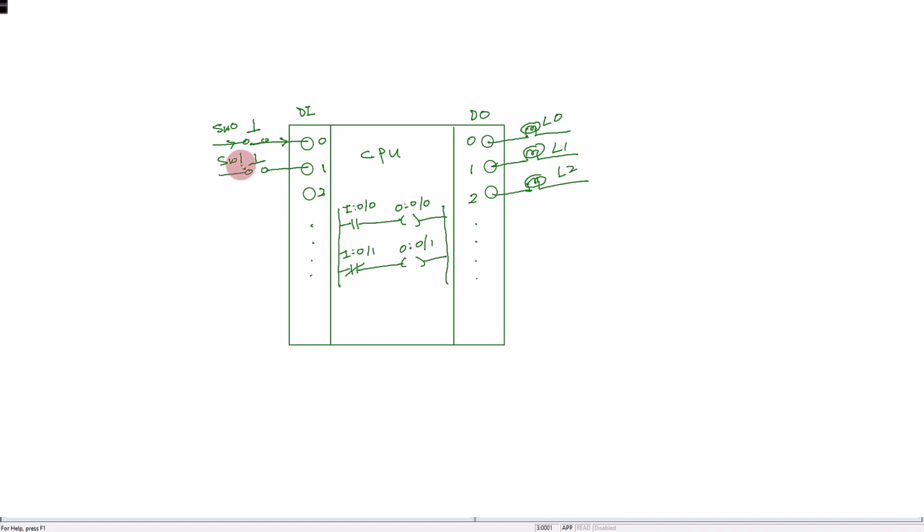Similarly for switch 1, if it is triggered to close physically, the actual current can flow through the circuit to enter the digital input terminal point 1 and energize the internal LED 1, which is internal digital input 1. Because the LED 1 is energized, it will trigger the virtual switch from normally closed to open, or from normally open to close. Let's say for this case, for this digital input 0 the LED is energized, what happens